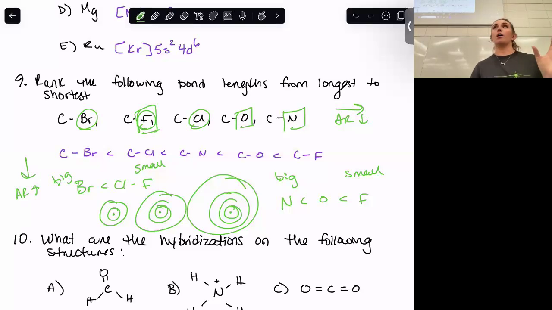It does, but not as much as atomic radius. The chlorine has a longer bond because it has a whole extra valence shell. That makes sense. Yep. So the carbon